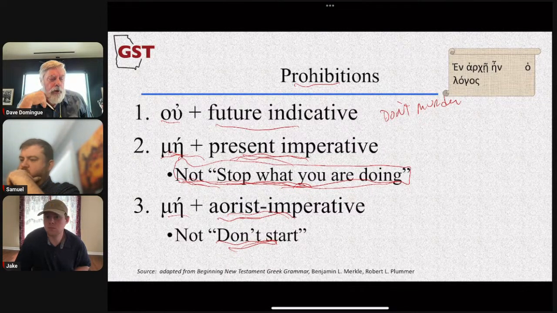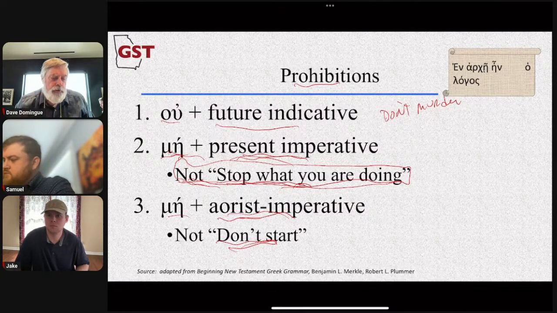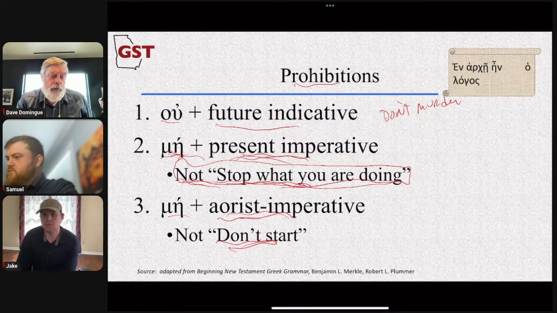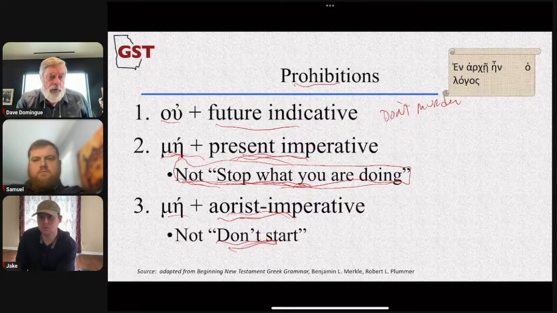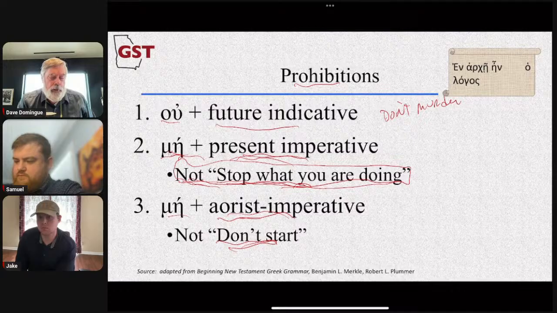The neighbor was telling a dog to stop continually barking. That goes up to the previous paragraph. The imperfective prohibition also tends to be used for attitudes and conduct, a general precept. So get that now. The imperfective imperative, that is ongoing, continuous, iterative, tends to be used for attitudes and conduct, or a general precept, right?